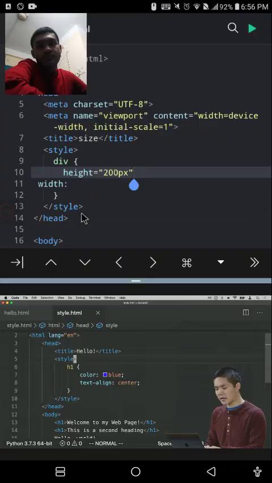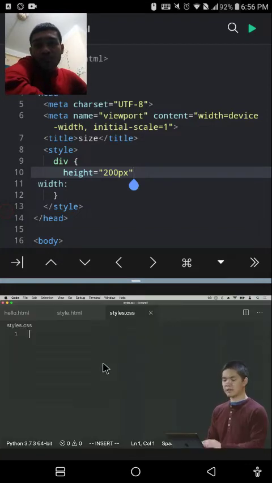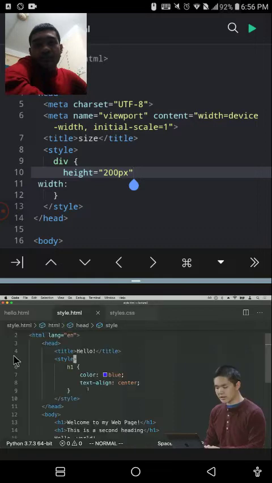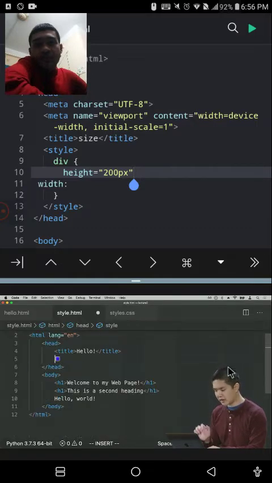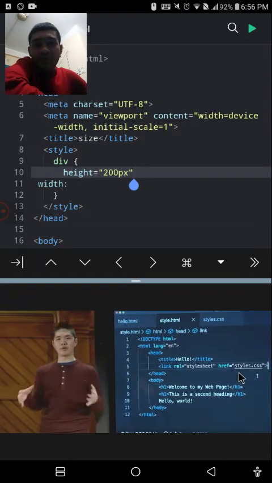So there is an improvement of the style element inside of this HTML page. I'll just create a new file that I'll call styles.css, inside of which is going to be all of the CSS that I care about. I want to take every H1. I don't need to include any CSS at all. Instead of this, I just changed the styling once. I changed the styles.css file, and then all of the web pages